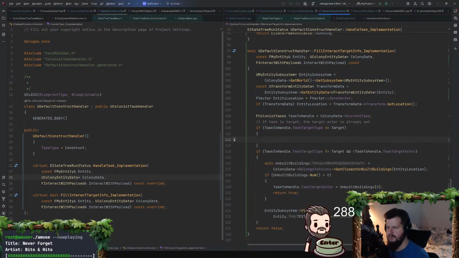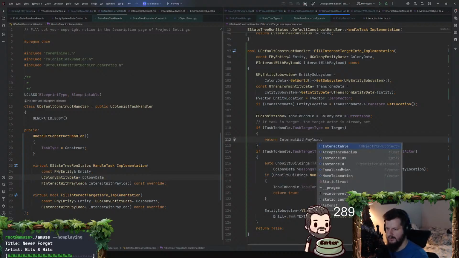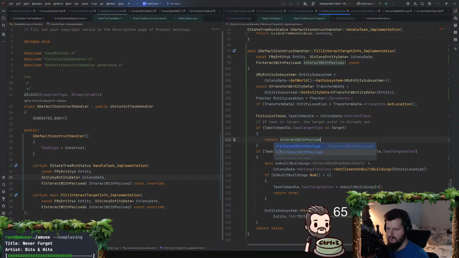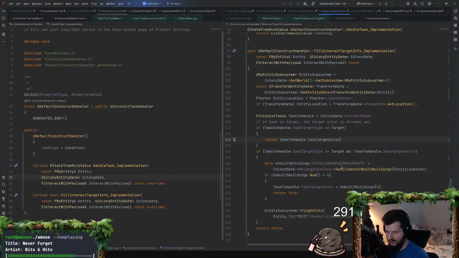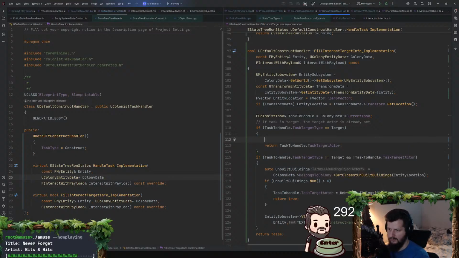Then we would want to return the task to handle dot task target actor, and then probably set the interact with payload interact with task target actor. Okay, the actor should already be set. Else, I already have the else here. Else if